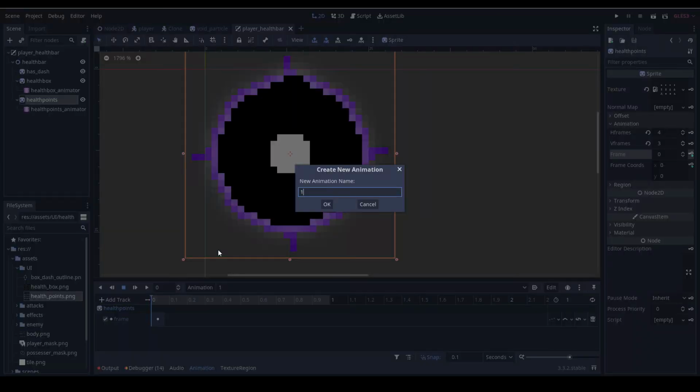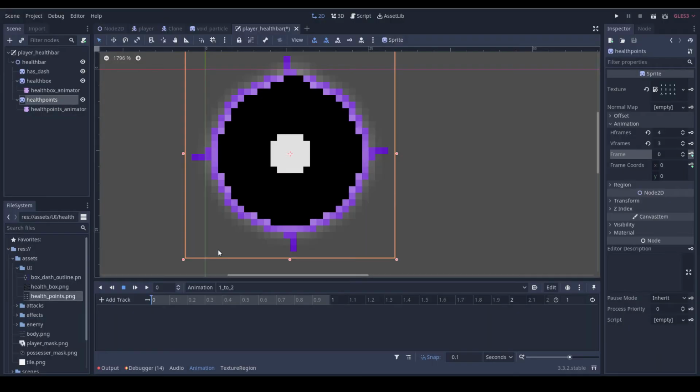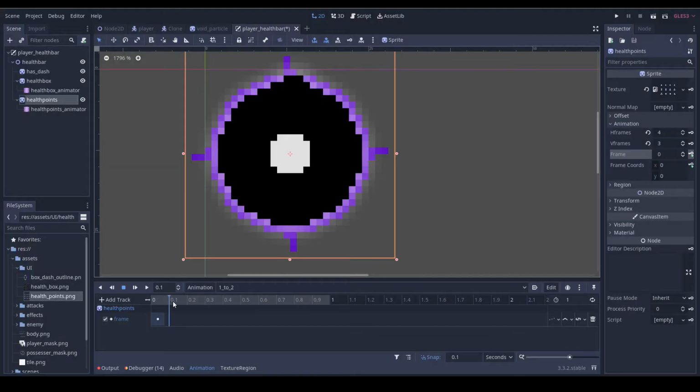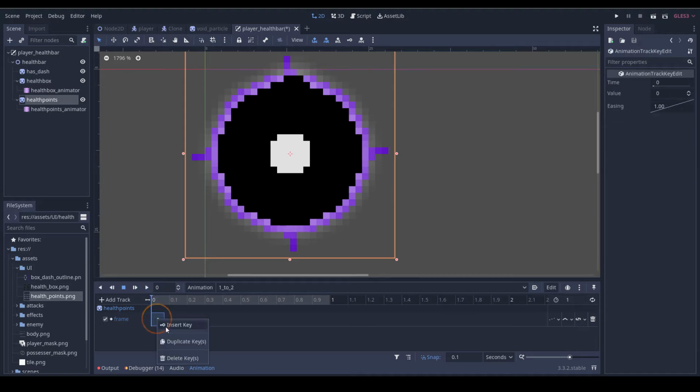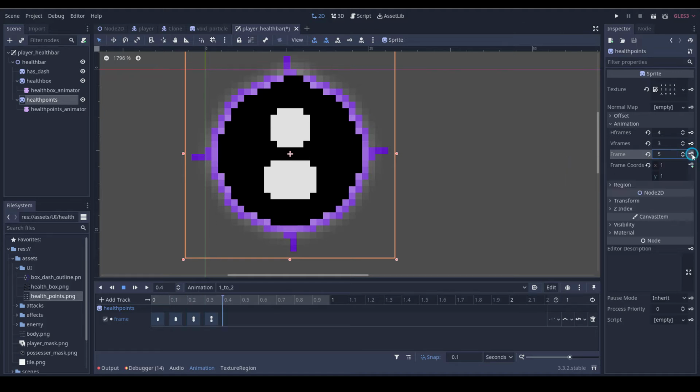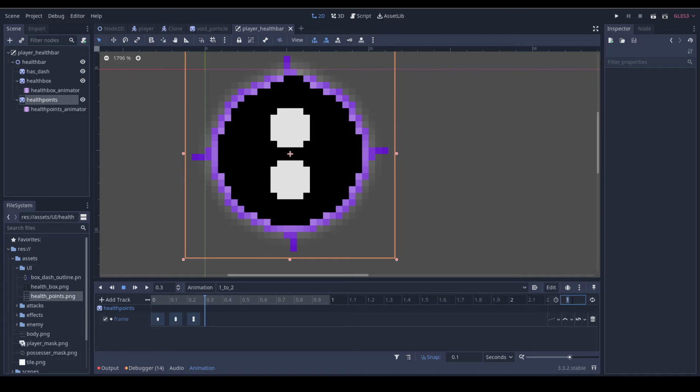I'm going to key in 1 and make a new animation, so 1 to 2. And how long should I make it? How many transition frames do I have? 1, 2, 3, 4, 5. Yeah. I will make it 0.1 seconds to change for the keyframes. So it only takes 0.3 seconds, and then we're gonna have 2,